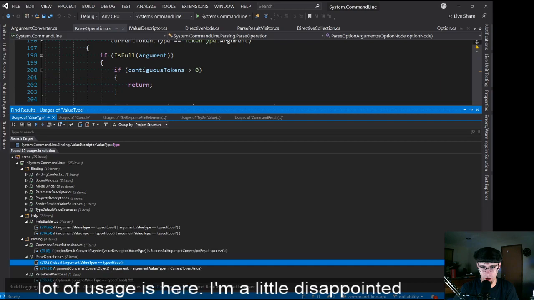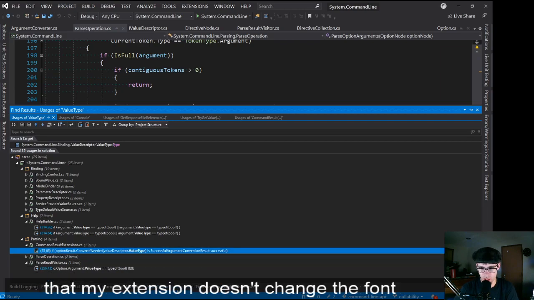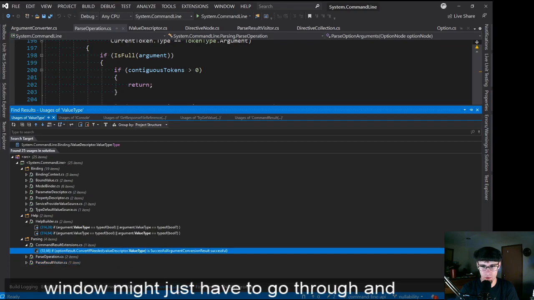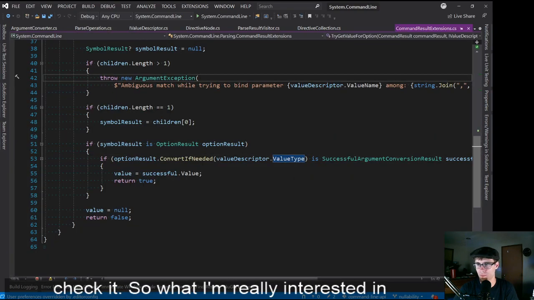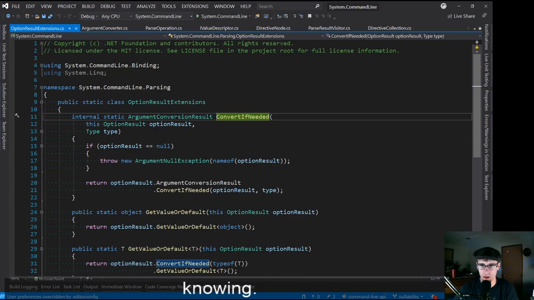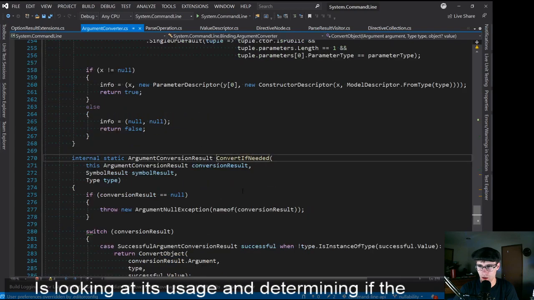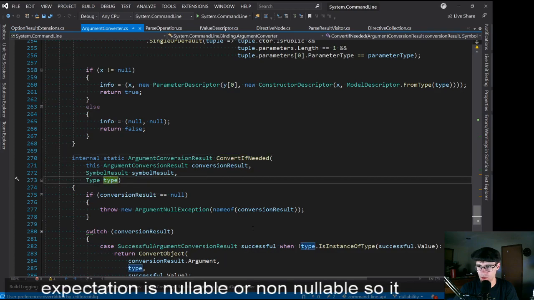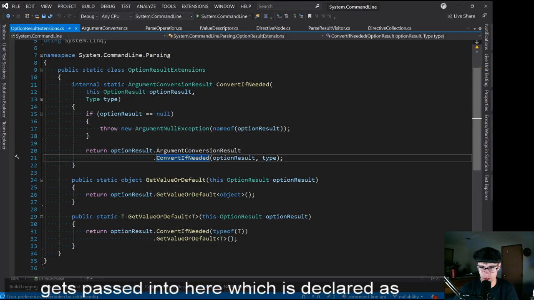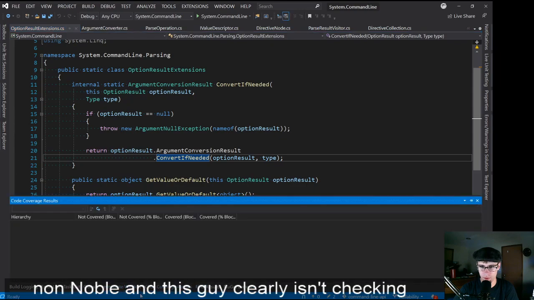Okay, find results, right? So that one's there. These are just equality checks. Let's see, that's an equality check. How does this one get used? So ConvertIfNeeded takes in a type. Same thing, clearly non-nullable. So that's not expected to be null. So I think the answer,